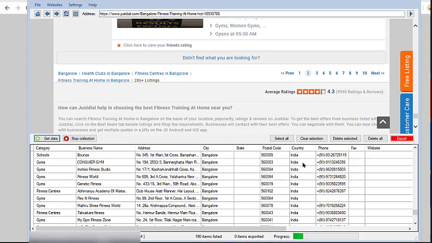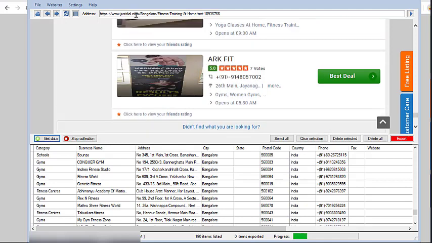The progress bar is still showing, and then again it will auto paginate to the next page. On the next page you have to click on go, reach the bottom of the page and then click on get data, and that's how you extract all the data from the listing site. Here we have extracted data for only Bangalore. You could do it for multiple cities, and that way you could build your target list. This will be very useful for B2B marketers targeting local businesses.